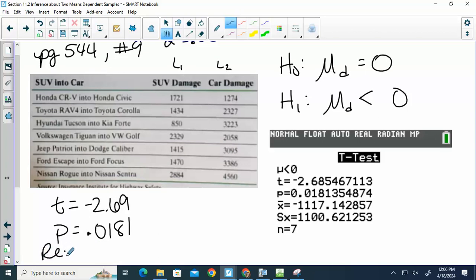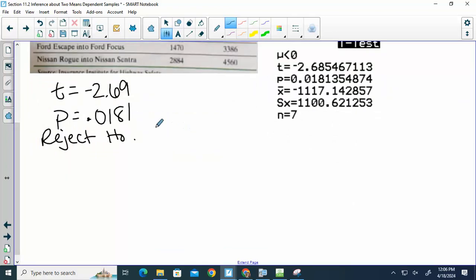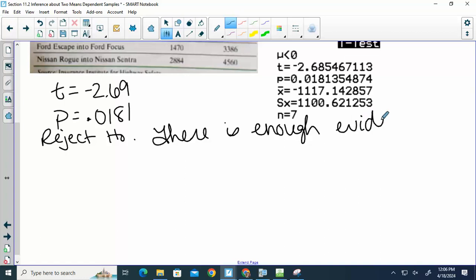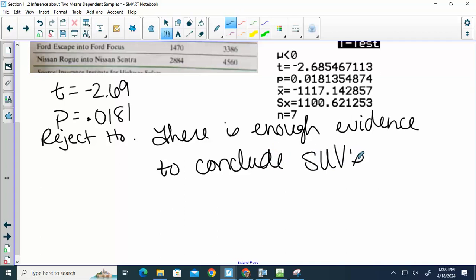Reject. If p is less than alpha, we reject. This means we reject the null hypothesis. There is enough evidence to conclude SUVs sustain